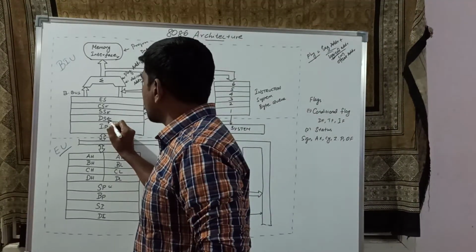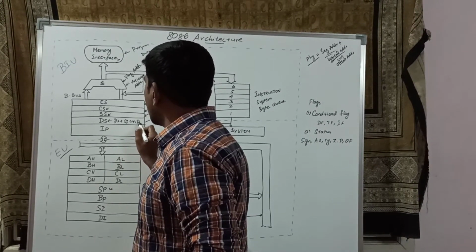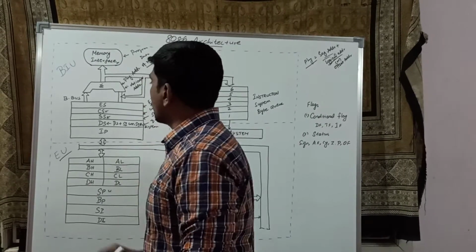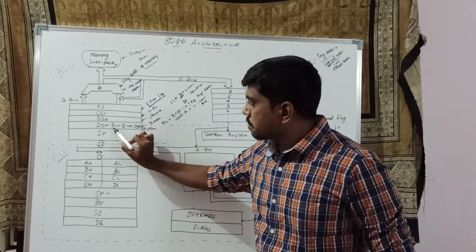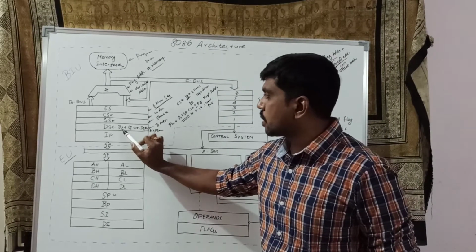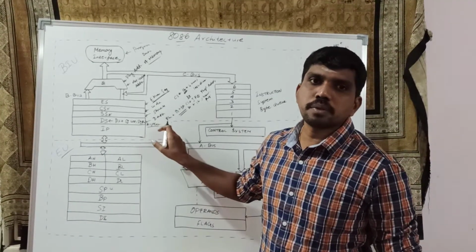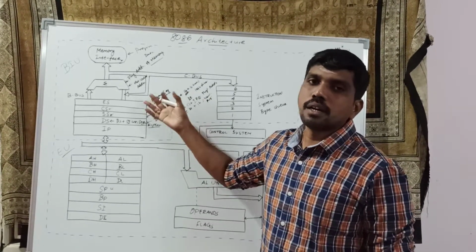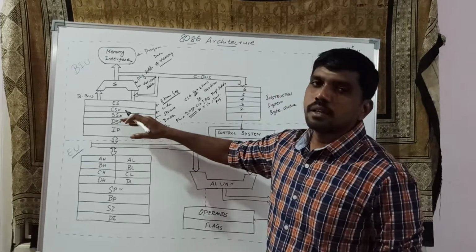Suppose you access the data segment: DS plus SI, or DI, or displacement. Suppose you want to access the data segment value, you add the data segment value plus the source index, or otherwise data segment plus DI, the destination index, or otherwise data segment plus displacement. What is displacement? Displacement is an immediate value, or in some other instructions we can pass a label name. By adding the contents, you get the 20-bit physical address, then you can access